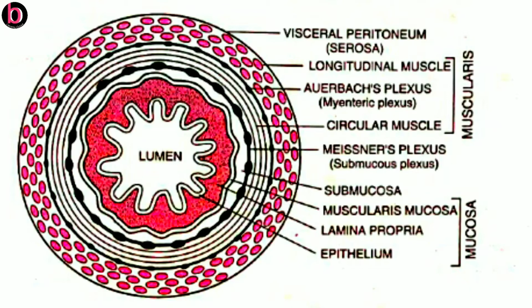The second layer is muscularis. This is made by two layers. You can clearly see in the diagram, the outer one is longitudinal muscles, while the inner one is made by circular muscles. Both these layers are smooth muscles that are involuntary in nature. In between these two layers, there is a network of nerve cells plus parasympathetic nerve fibers. Together they form a network of nerves known as Auerbach's plexus or mesenteric plexus.